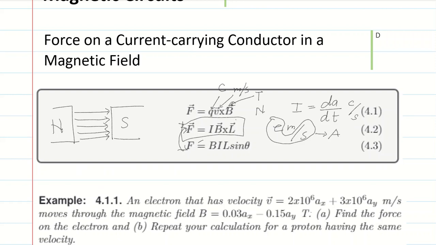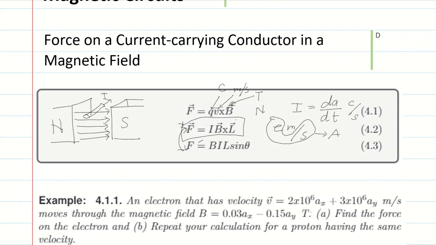Now if we have a conductor placed here, a moving conductor, or a conductor that carries a current, and the current is in that direction of the conductor. This is I, current I. Then this conductor experiences a force, and the direction of the force will be